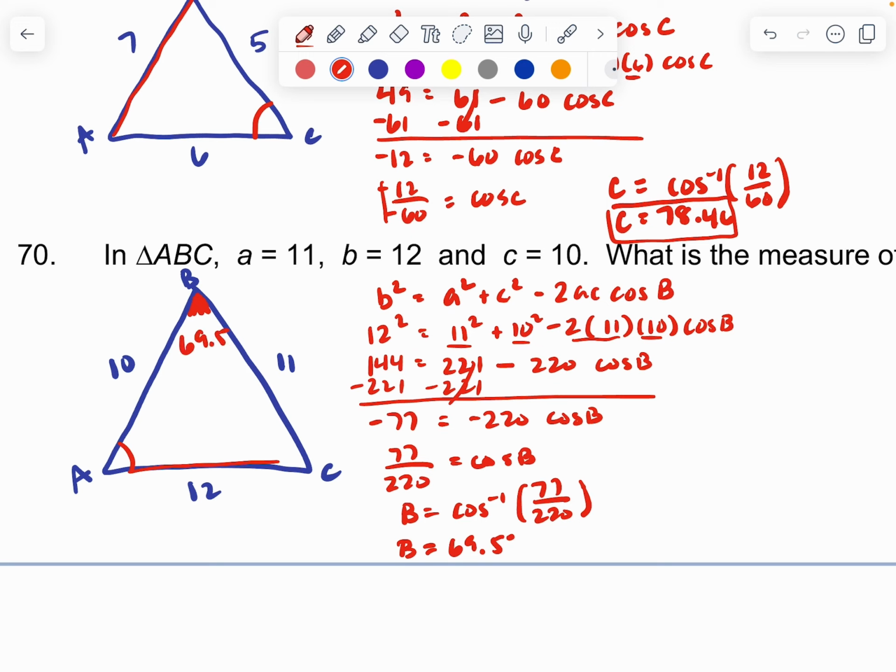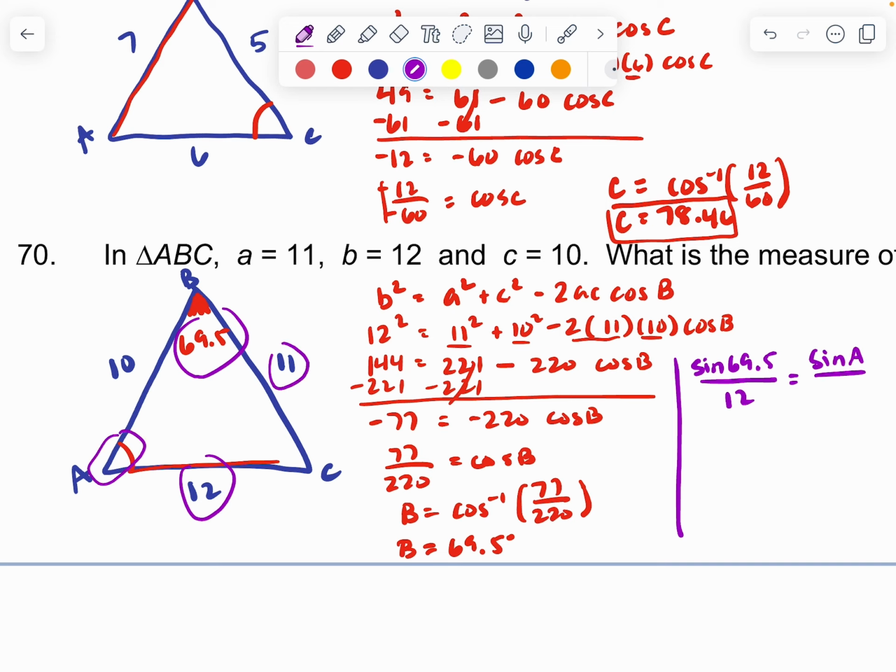But I really wanted to find angle A. But now that I have an angle on opposite sides, it's kind of nice. I can use the law of sines. So let's do that right here. So I could do sine of 69.5 all over 12 equals the sine of A all over 11. Okay, again, I'm looking for this, so I'm going to go ahead and write sine of A